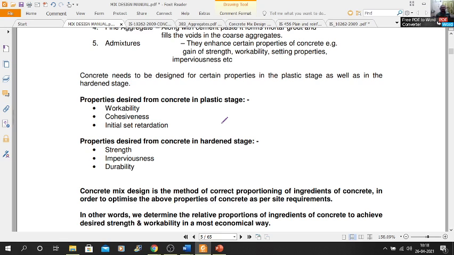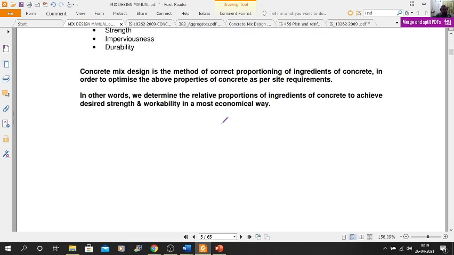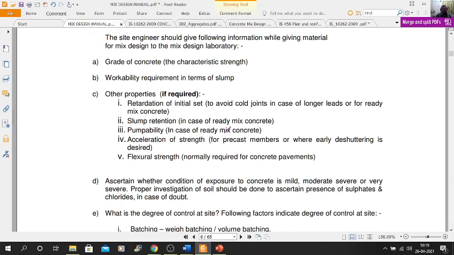It should be impervious, it should not be pervious, because if it transports water or allows ingress of any harmful material, it leads to anomalies in the concrete. And durability is a long-term effect because we are building structures, infrastructure, or any building for around 50 to 100 years of lifespan, so it should be durable during its lifespan. For that, concrete mix design is very important.